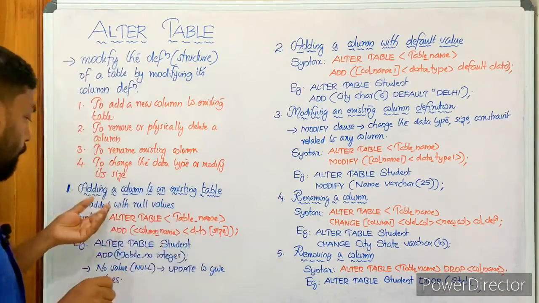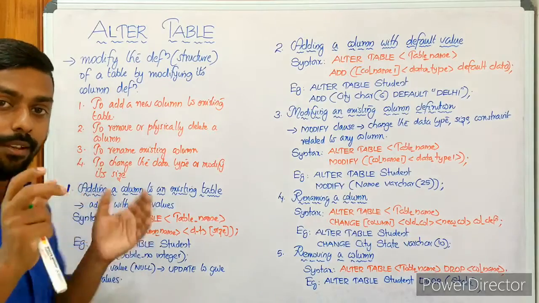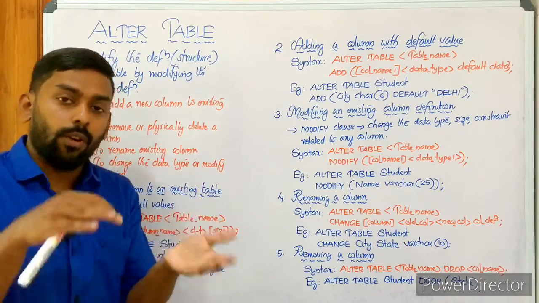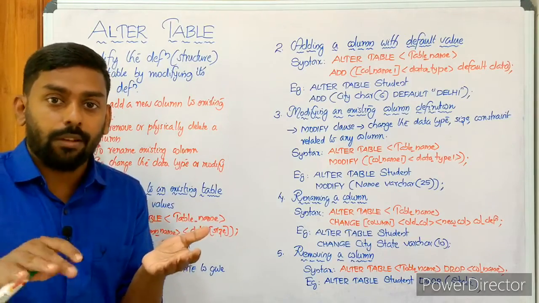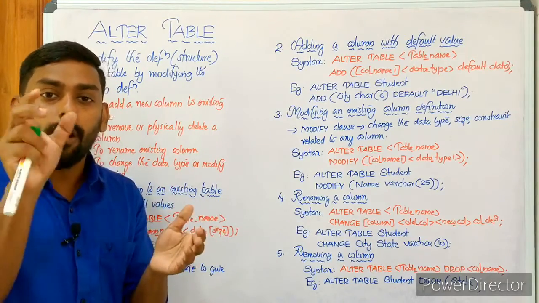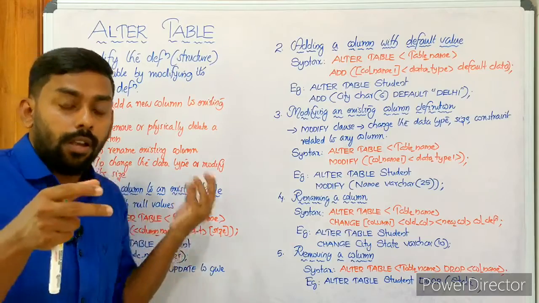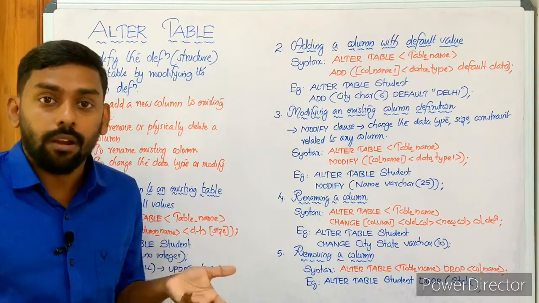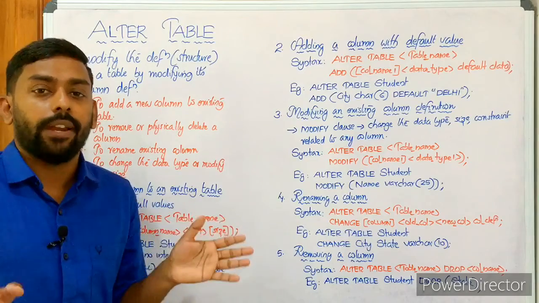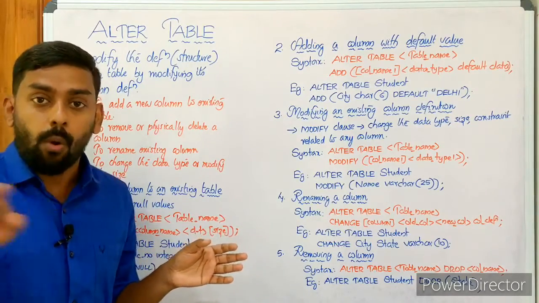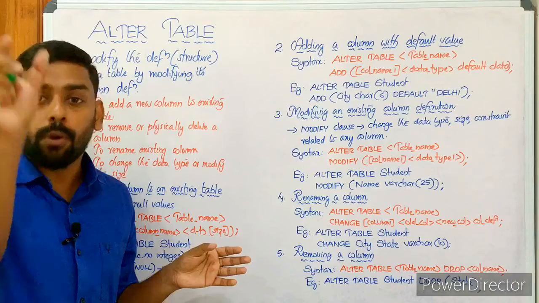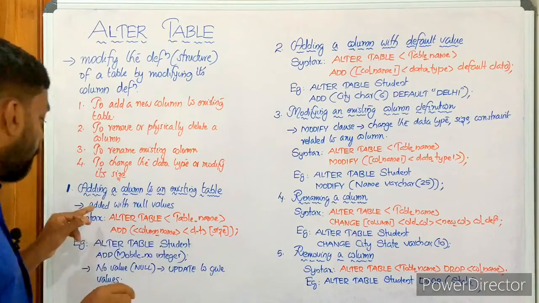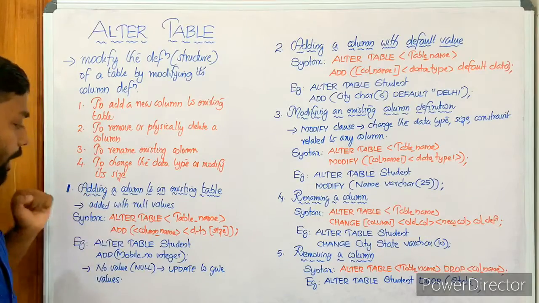After adding a new column to an existing table, what will be the value? We know there will be a number of tuples present in student. So what will be the value of the newly added column for all the tuples? It will be, of course, null. We are not providing any value. So every row contains a null value for that particular newly added column. Hope you get it. So it is added with null values.